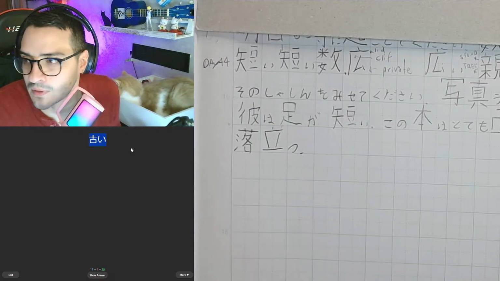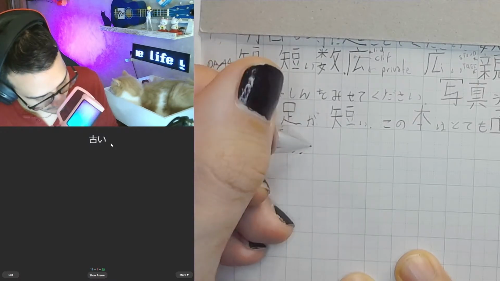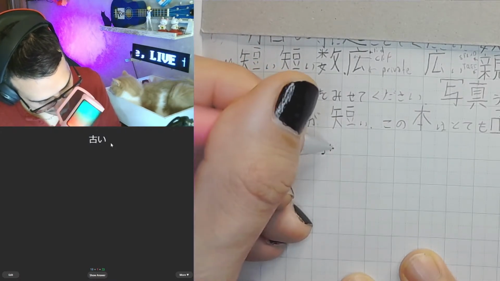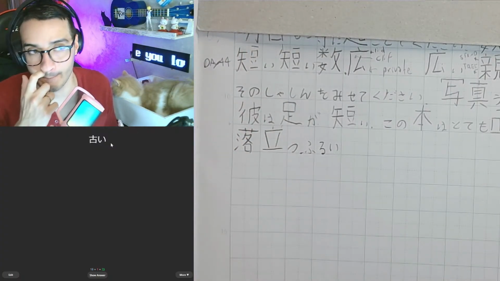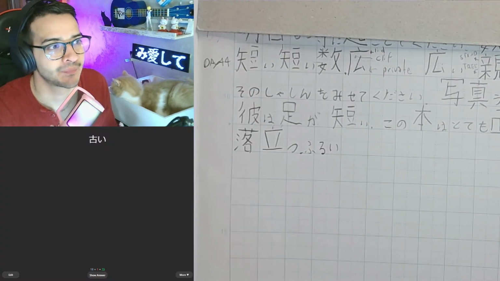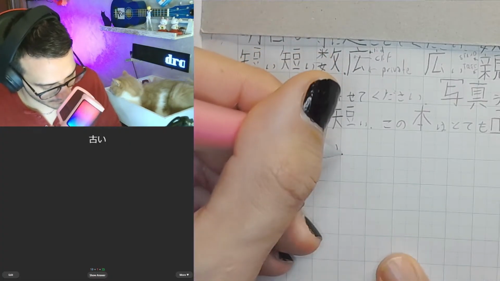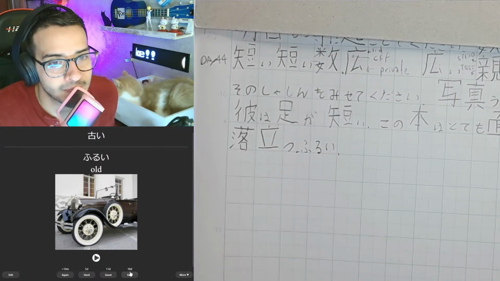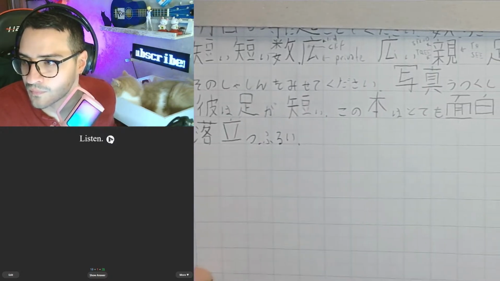How do we read this kanji and what does it mean? Furui. Meaning old. 古い, Furui. Easy. 彼女は来月結婚します。